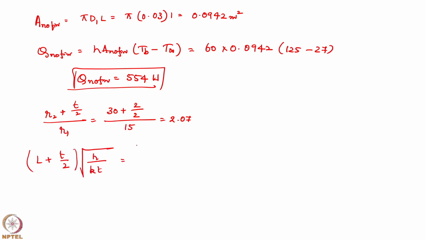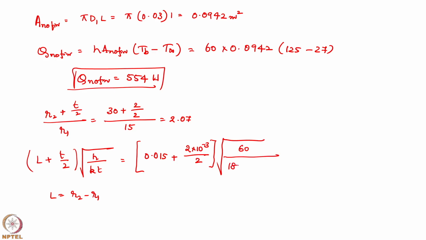is equal to, L is R2 minus R1, that is 0.015. L is R2 minus R1 plus thickness 2 into 10 to the power of minus 3 mm. I am converting into meters, that is why I have multiplied by 10 to the power of minus 3, into square root of H is 60 divided by K is 180, it is made of aluminum, into thickness 2 into 10 to the power of minus 3. So the whole of this gets me as